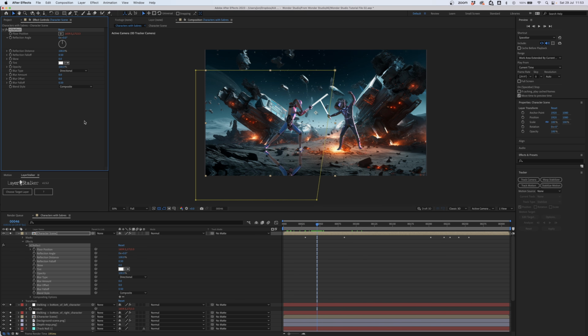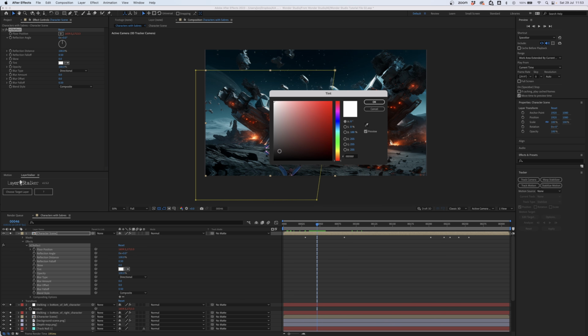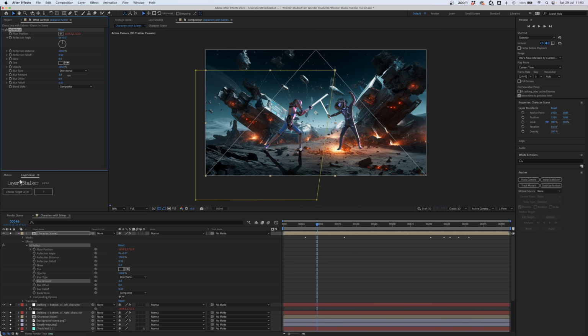Then in the VC Reflect effect, we can change the color of the shadow to a dark gray, increase the blur, and skew the angle. We're going to change it to -30. So the shadow is now pointing slightly off to the left, which kind of matches the lighting of the scene. We might go a bit further and do -50. And if we want to, we can drop the opacity slightly.